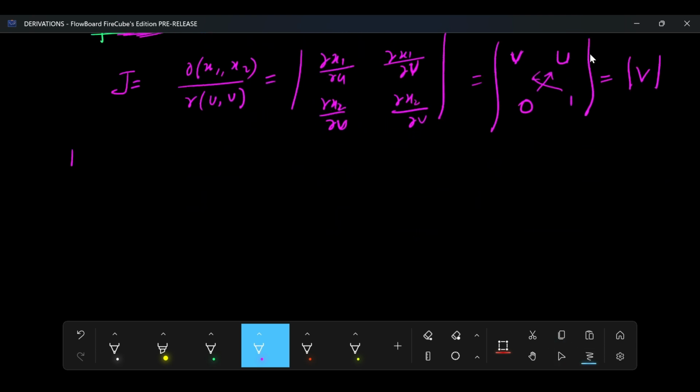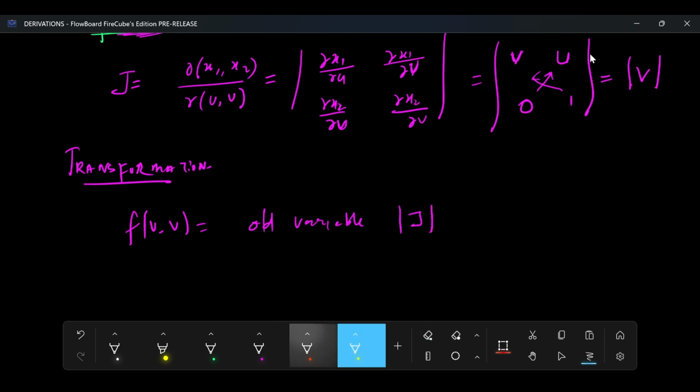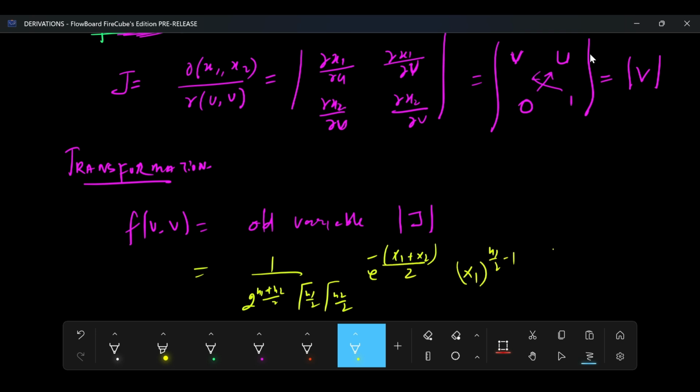Now see, when we do transformation of the new variable, that's f of u comma v is equal to the old variable into the Jacobian. Clear? What's the old variable? The old variable is 1 upon 2^((n1+n2)/2), the joint, Γ(n1/2) Γ(n2/2) e raised power minus (x1+x2)/2, x1^(n1/2 - 1) x2^(n2/2 - 1). And this is